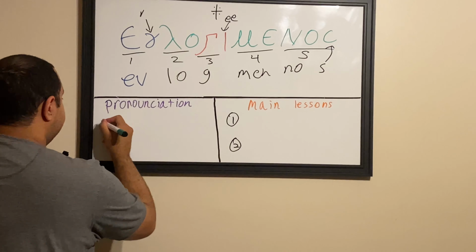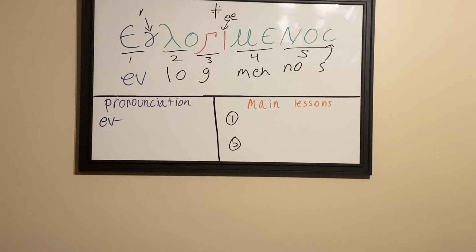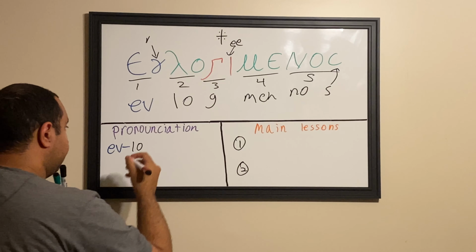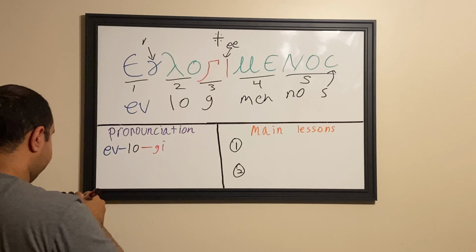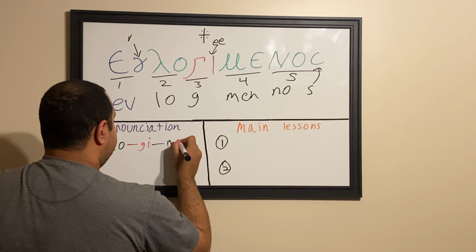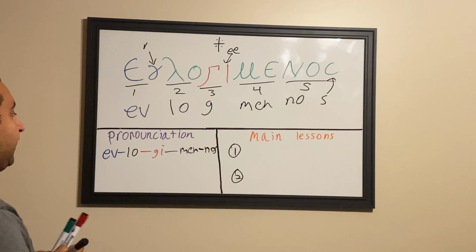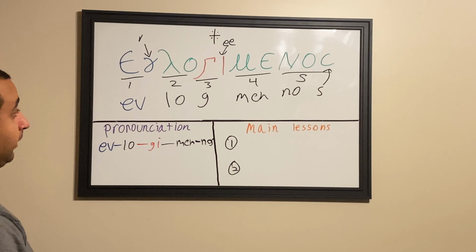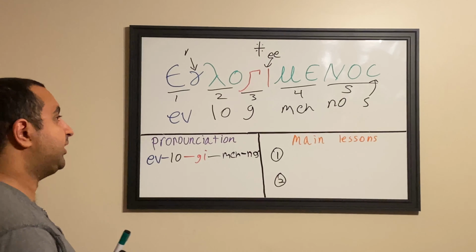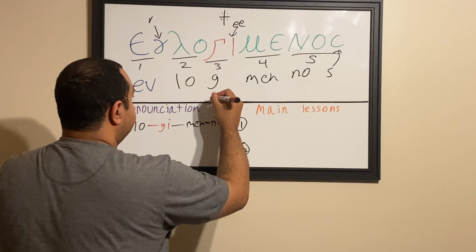It's going to be Ev, lo, gi, and then the rest: me, nos. Evlogimenos, which of course is a hymn that we hear on Palm Sunday, means blessed. However, this is a Greek word, not a Coptic word, because blessed in Coptic would be maru'ut. Okay, so I will write just along here,